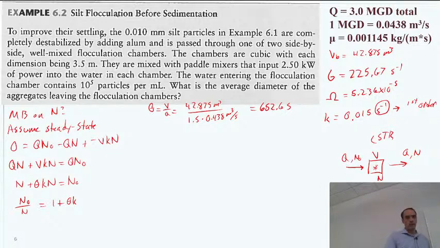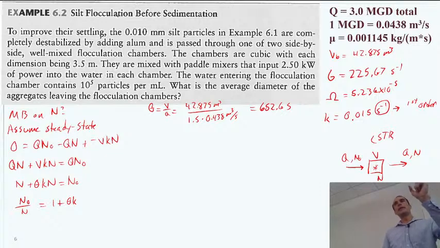Based on that derivation, when we set up our term here, we're going to put a 1 raised to n to the power of 1, or just leave it as n, same thing. So it's a first order decay reaction with respect to the number of particles, because we're decreasing the number. Then we can solve this just like we have with some other mass balances, except this time I'm interested